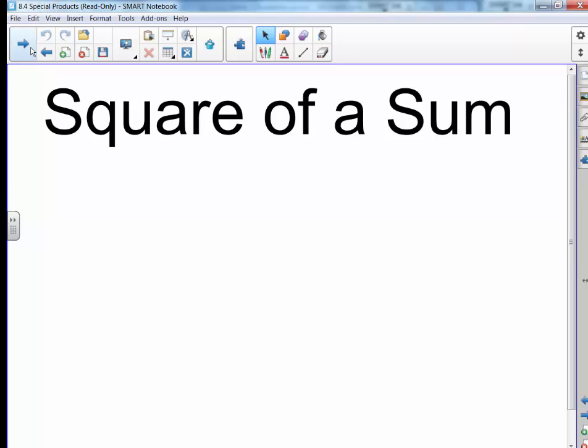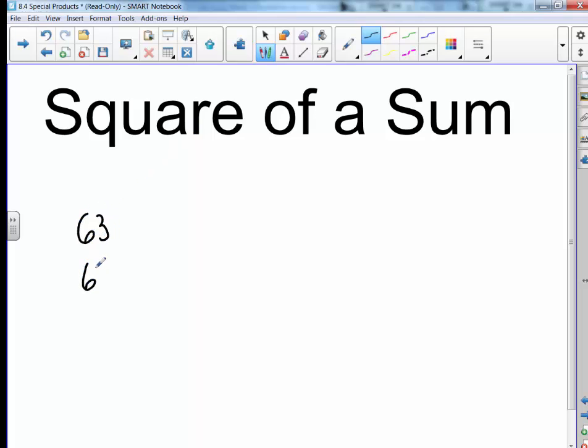Special products. First thing we're going to do is the square of a sum. What I want to impress upon you first is this, though. What happens sometimes is that people multiply 63 times 67 and they go through the long process and they get 4221, or they do 78 times 72 and they go through the whole long process that you're familiar with, and they end up with a result of